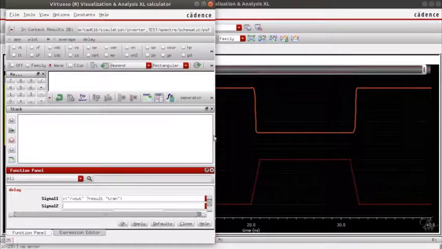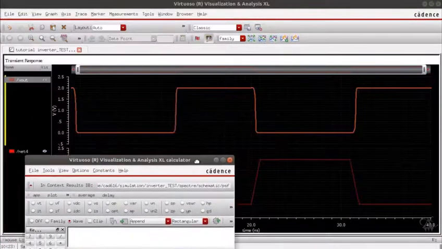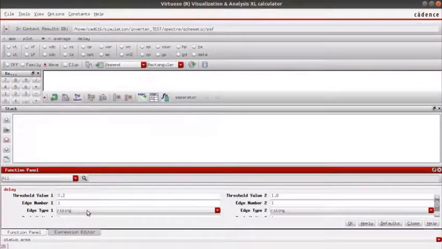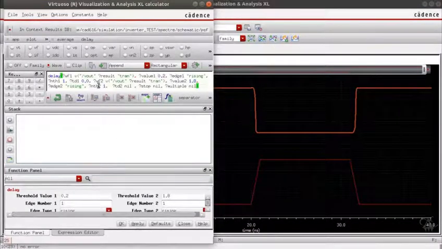So let us go ahead and select both the signal 1 and signal 2 as our output, and as you can see it is the rising edge 1. So rising edge 1, threshold value 1 is 0.2 volts and threshold value 2 is 1.8 volts. Click apply and you can evaluate it by pressing this button here.